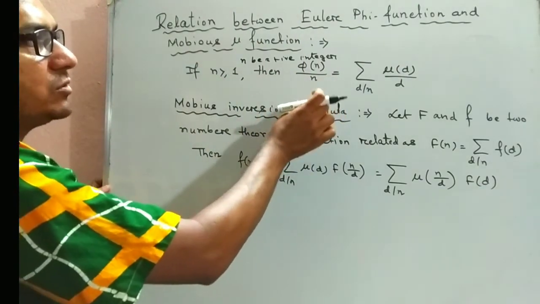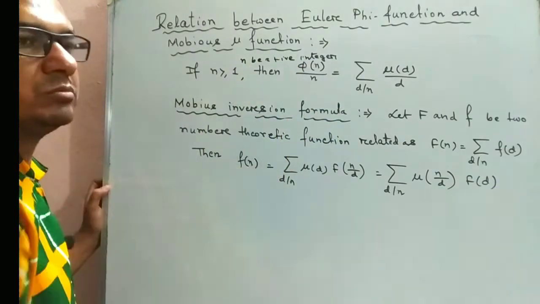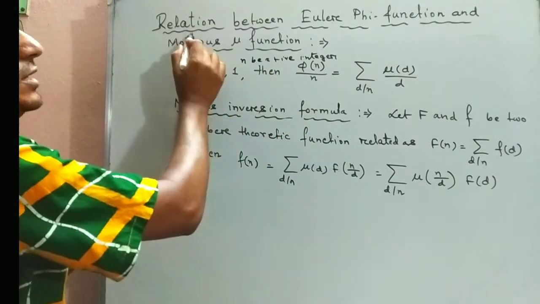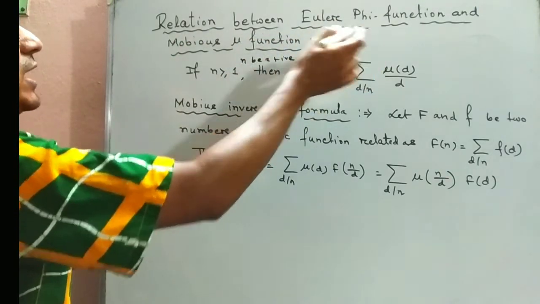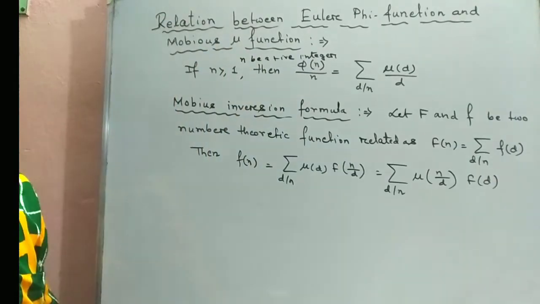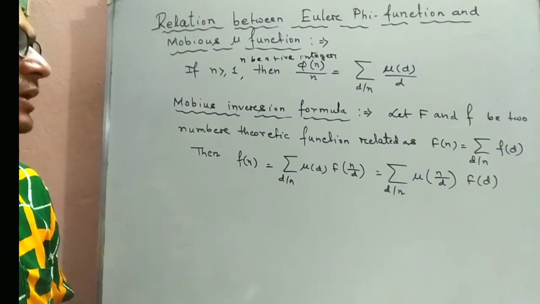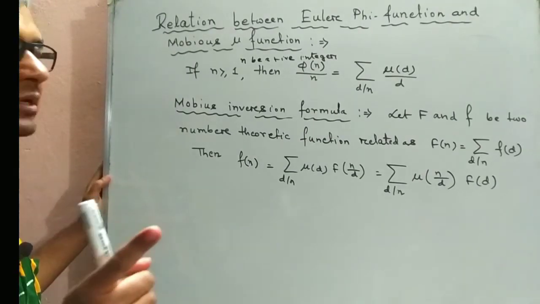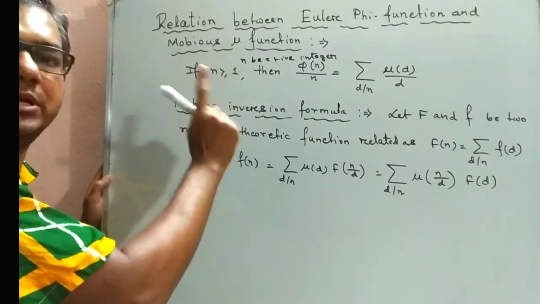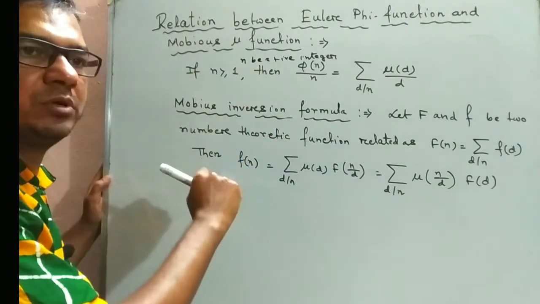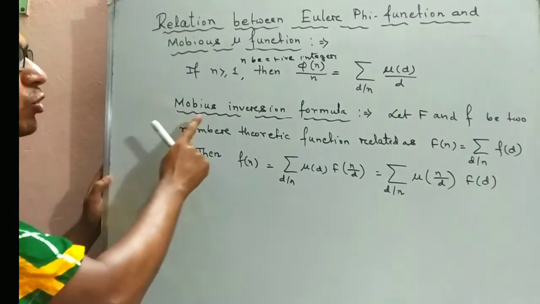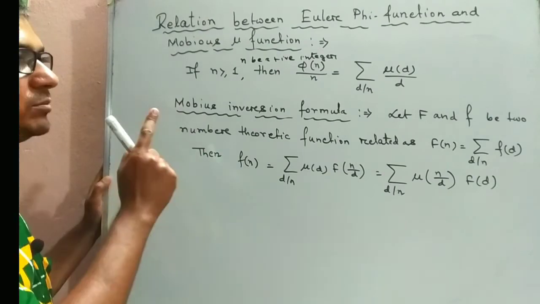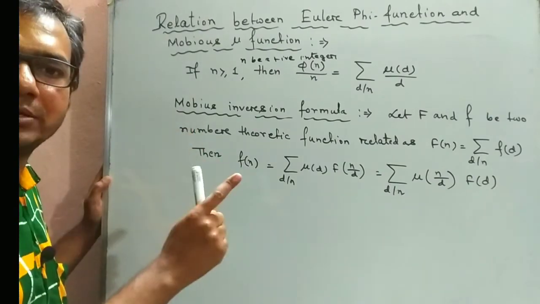Since this relation contains two symbols, phi and mu, it is also known as the relation between Euler's Phi-Function and Mobius mu function. Okay? And we prove this property or this relation of phi and mu by using the Mobius inversion formula. Okay, and the Mobius inversion formula states that